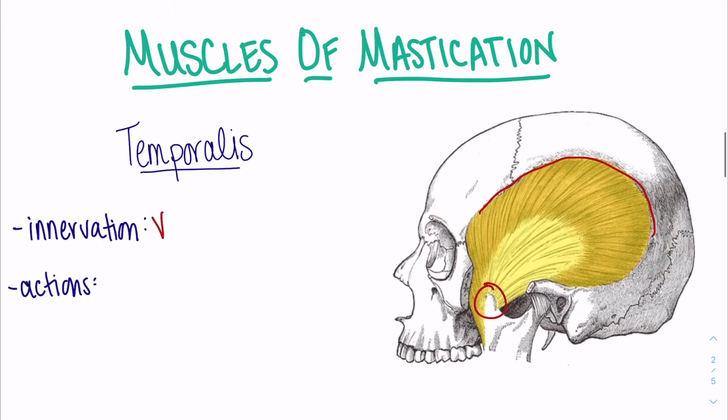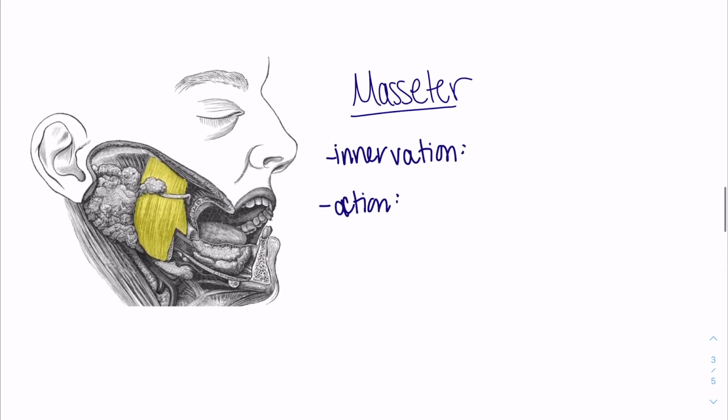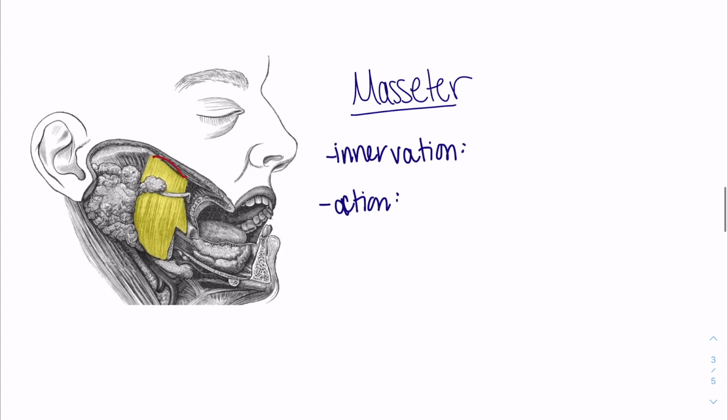Its innervation is the mandibular branch of the trigeminal nerve, or V3, and more specifically the deep temporal. Its actions on the mandible are to elevate and retract it. Moving on to the masseter muscle, its attachments are the zygomatic arch here and the ramus of the mandible down here. Its innervation is also the mandibular branch of the trigeminal nerve, or the masseteric, and it elevates and protracts the